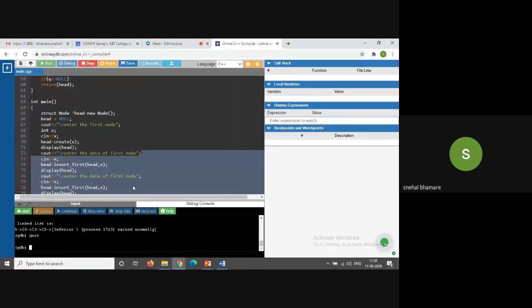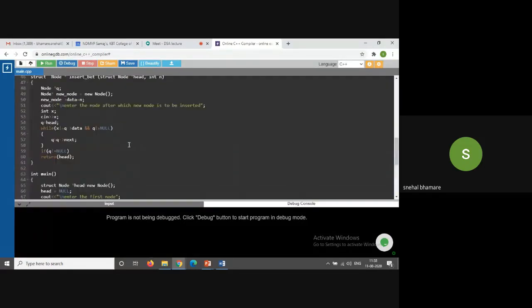I have to stop the debugging. After that, what will I do? Yeah, if q is not equal to null, so I have to give the pointer.